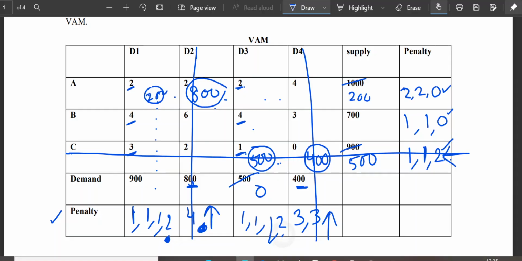And if I take this 2 and move according to this, then I should make my entry here in this 2, because this is the minimum cost cell. What should come here? See, the demand corresponding to this is 0 and the supply corresponding to this is 200. So the entry will be 0 here. So here the entry is 200, here the entry is 0.